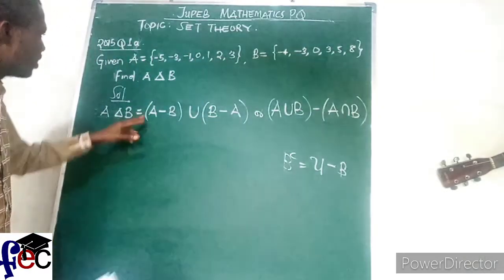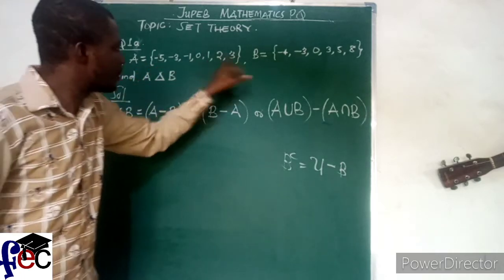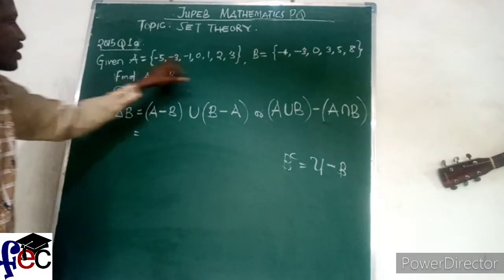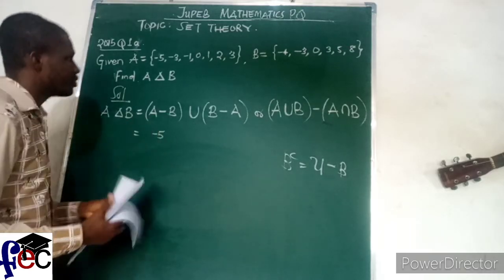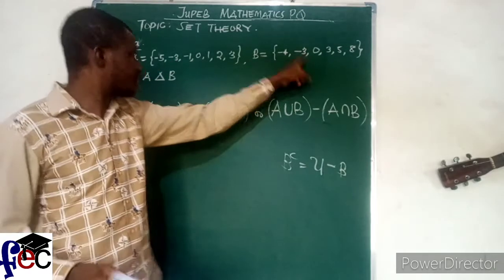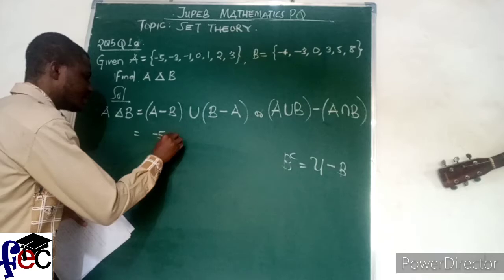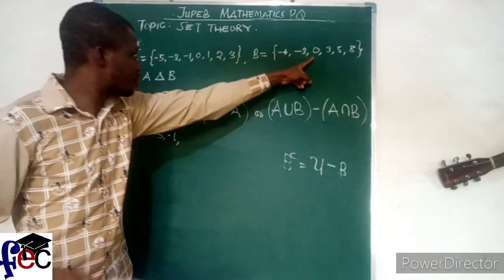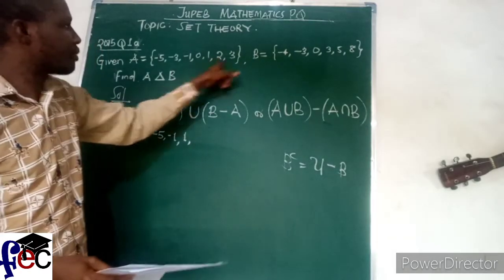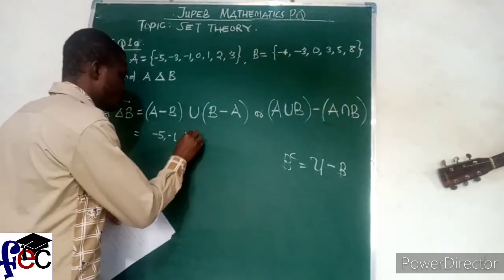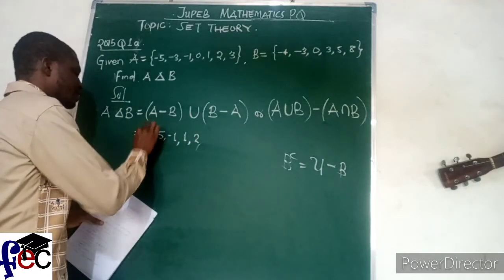So we can check it together. When we consider set A, what are the elements here but not in set B? -5 is here. Is there -5 in B? No. So the first element is -5. -3 is here, and there is -3 in B too. -1, but -1 is not in B, so we have -1. 0 is also present in B. 1, there's no 1 in B, so I have 1. 2 is here, but there's no 2 in B too, so I have 2. 3 is here, and 3 is already in B. So this is complete.